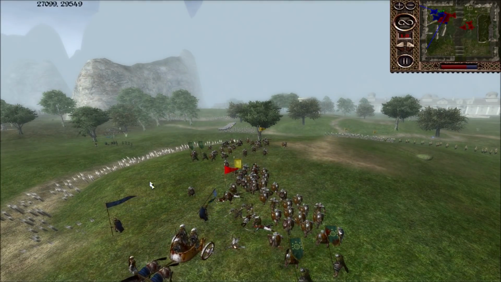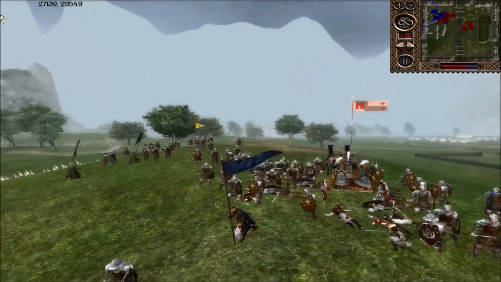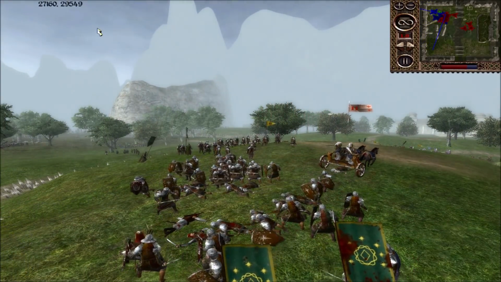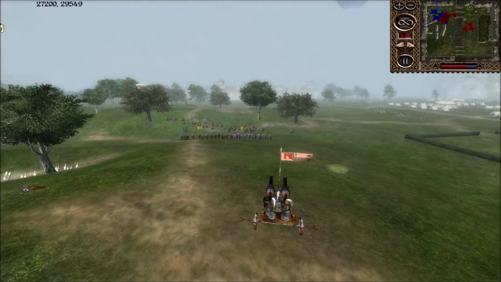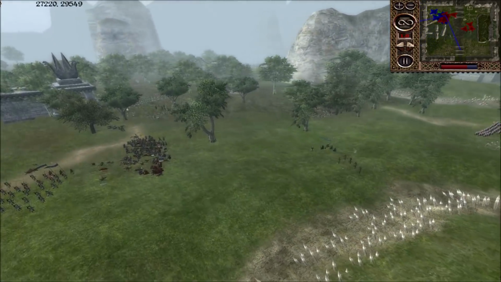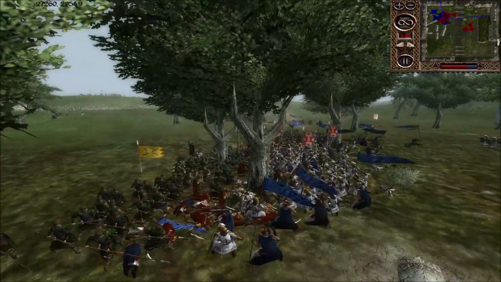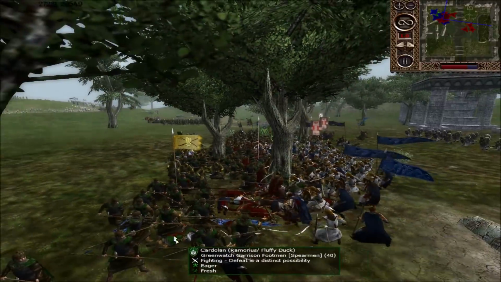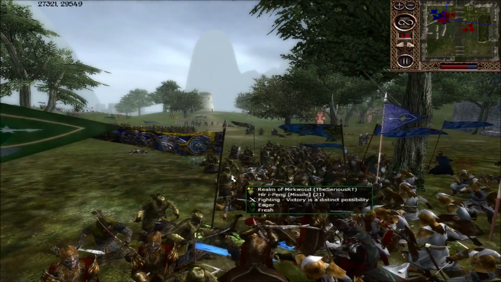Mainly the key to playing well with the chariot is just constantly to keep moving, just constantly running amok in your enemy's back lines. It does particularly well, I've noticed, dealing with archers. If you run them around, even archers that are in loose formation, they will still do an excellent job at running through. Greenwatch Garrison Footmen over here going to help out Mirkwood,